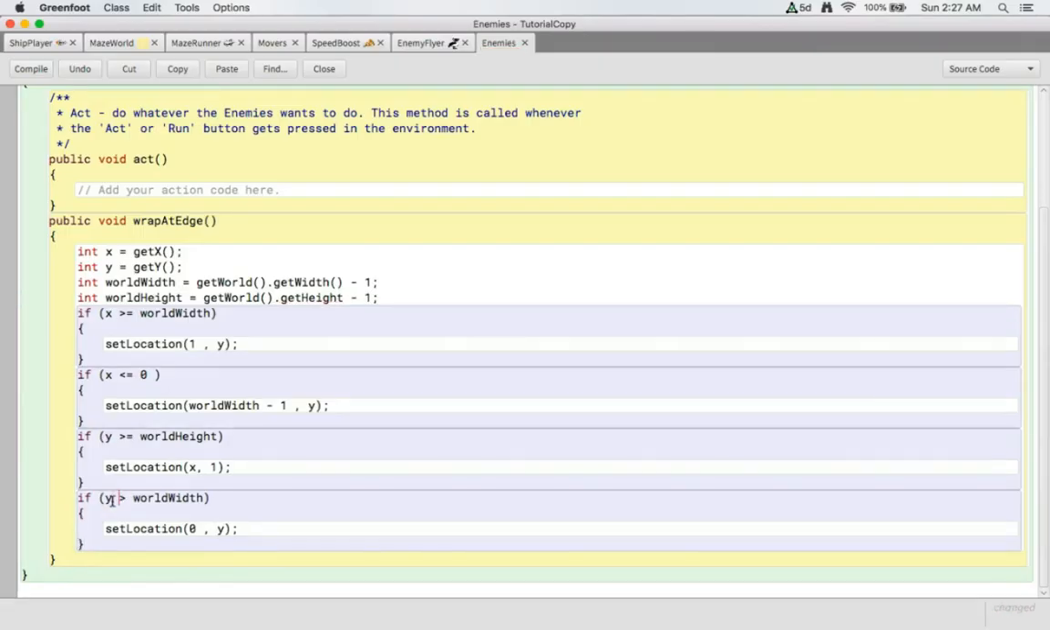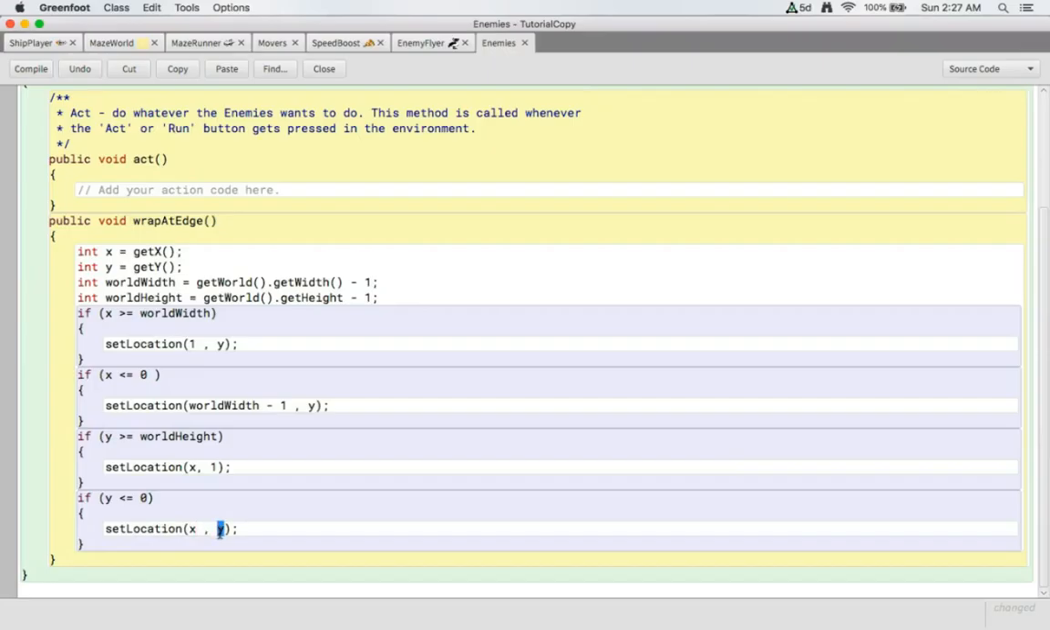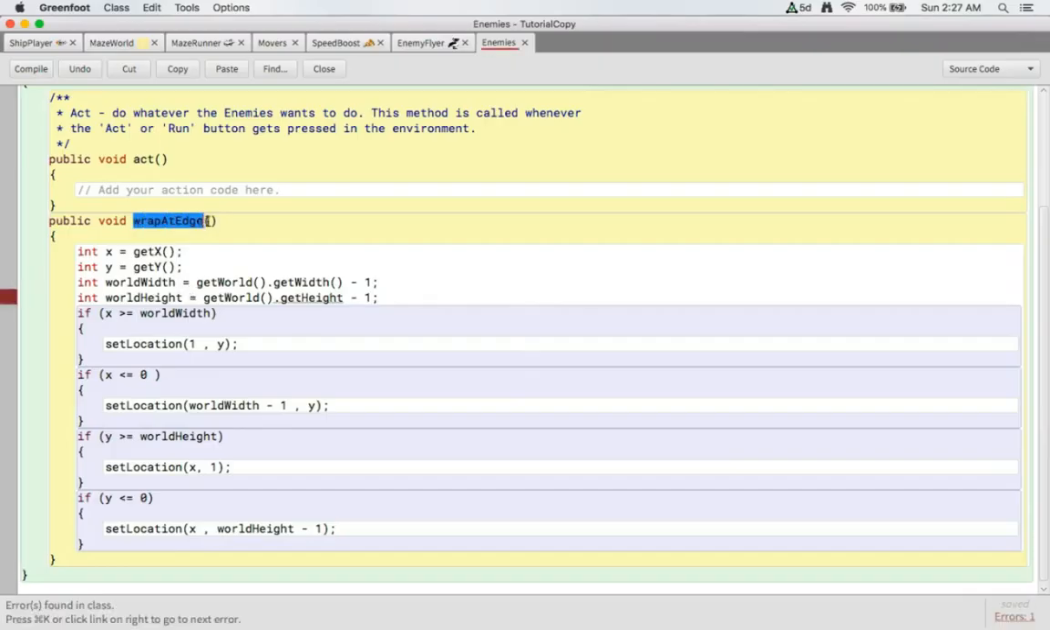y is less than or equal to 0. We need our x to stay the same. Our y will equal world height minus 1. Okay, and now we put wrap at edge